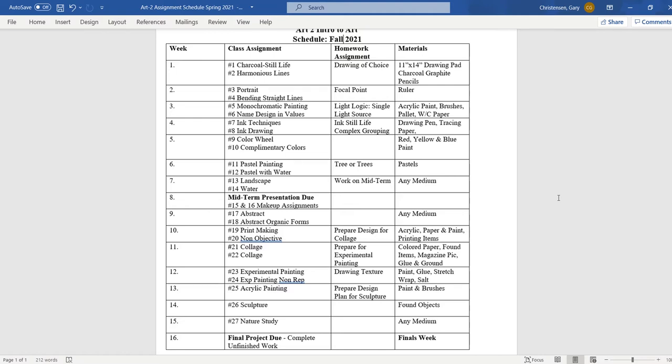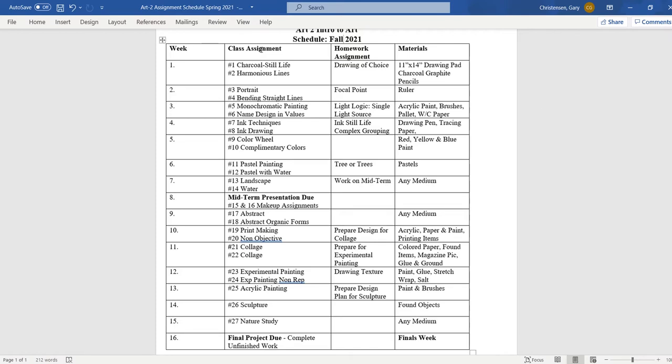I may be able to get that in the supplies when we sort all that out. It's just thicker paper, so you can paint on it, you can do ink work on it, you can do anything on it, and it will hold up to adding water, ink, or whatever. Drawing paper won't hold up as well, but for the first 2 weeks, drawing paper is fine. So all you need is that drawing paper and some drawing pencils.